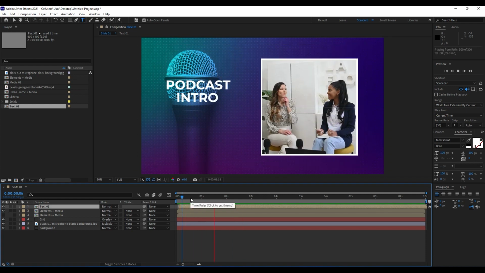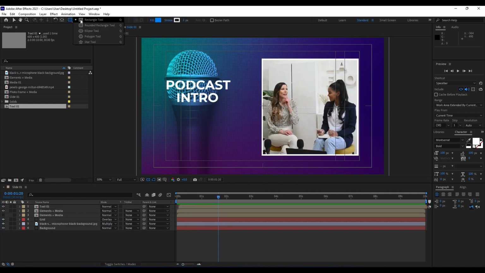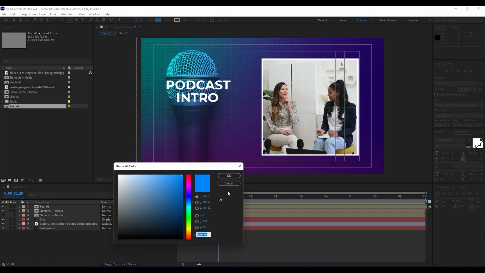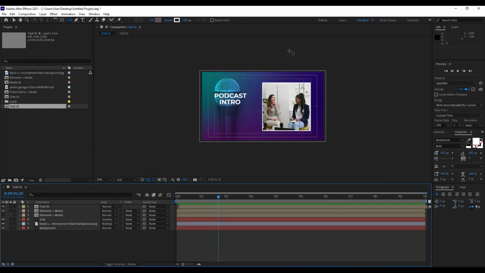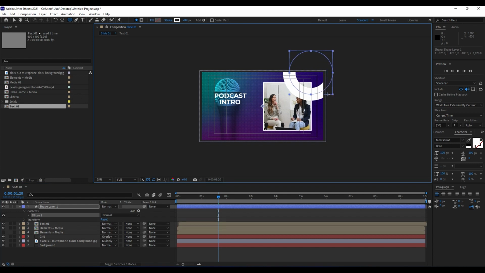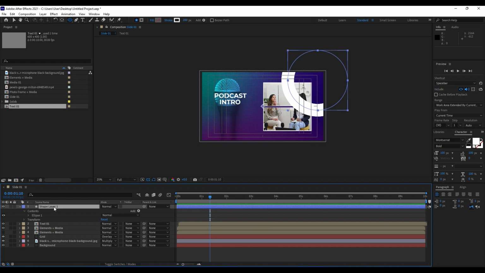Also, next thing what we're gonna do is to create a shape line here in this corner. Grab this also ellipse tool. For this stroke, we will do maybe 200, fill, choose to none, hit Alt on your keyboard, and then left click on your mouse, and we will draw a circle like this. Hold Shift on your keyboard to make this really cool shape, something like this. And for this shape, we will name it